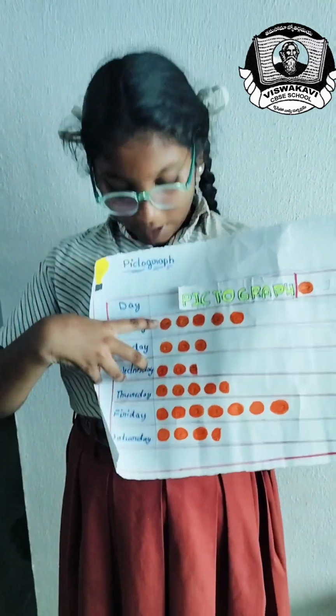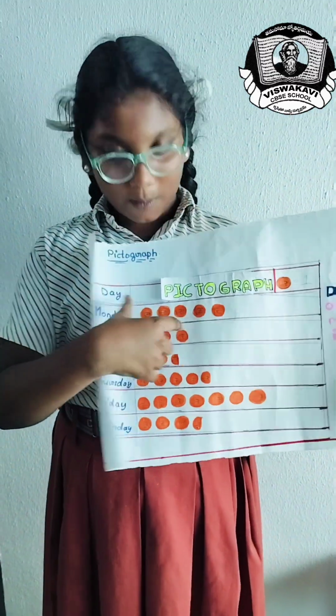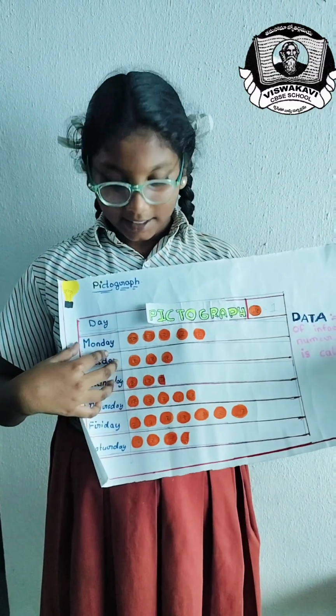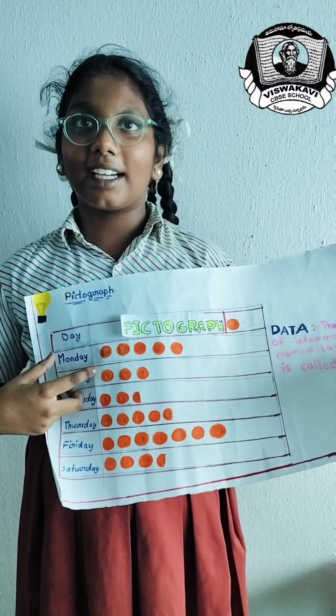Okay, carry on. Now, I am going to say how much money I collected on Monday. I collected 5 rupees on Monday. And on Tuesday, I collected 3